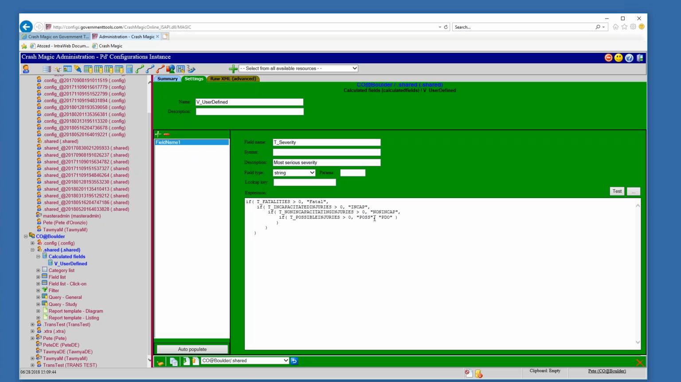Now, interestingly, you can then have else, just like we did in all the others, PDO. So what we're doing there is we're saying, if you've got fatalities, we do this, incapacitating, we do this, and so on. Otherwise, if none of those applied, return PDO. So we're assuming that a crash in the database that didn't have any of those injury types is just a property damage crash. So I'm going to click on the test button,